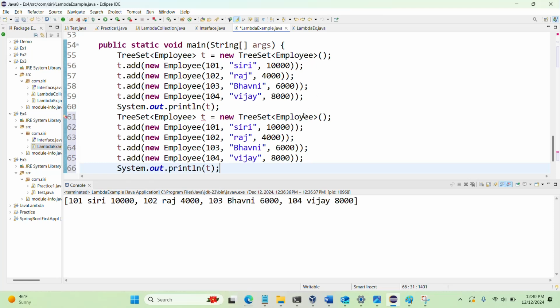Just bear with me for some more time, I'm going to jump into the lambdas very soon. So here, if we are not satisfied with the natural sorting based on the IDs we have declared,